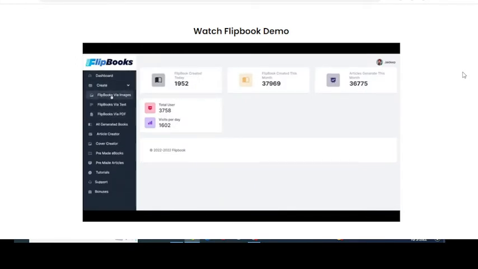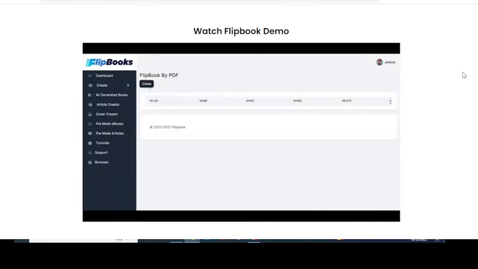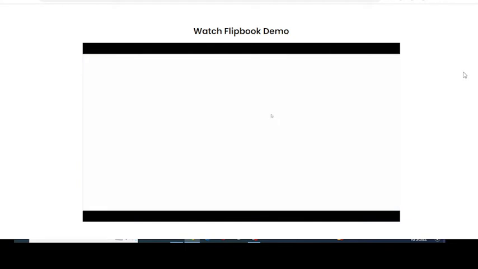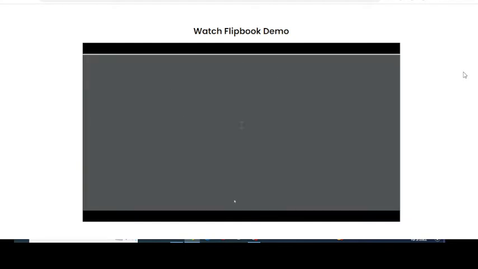You can see you can create your flipbook from images, text, PDF, or generate any kind of book. So we start with the flipbook PDF. Just put in anything, any article that comes to your mind, a resume or portfolio, let's suppose, like in the demo they are doing. Just choose a file. The demo resume is going to upload to the open book, and there you go.